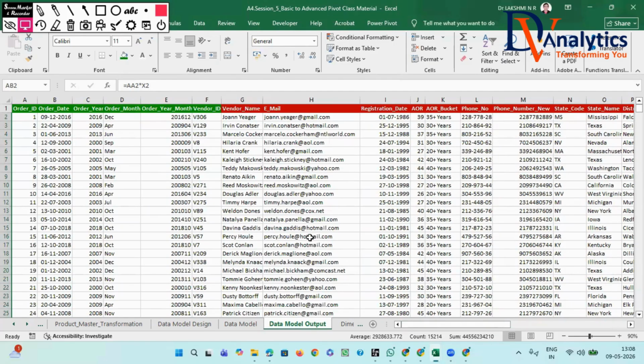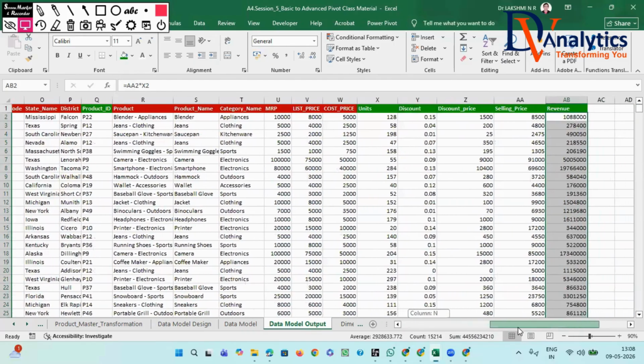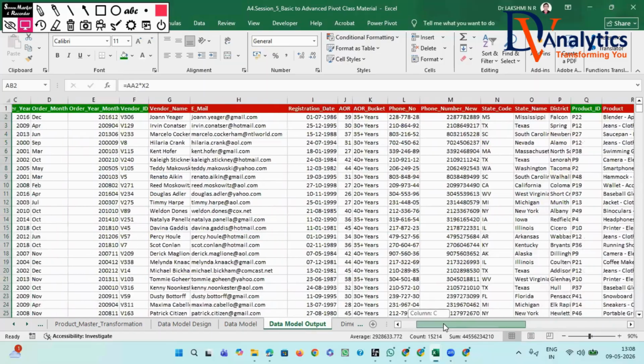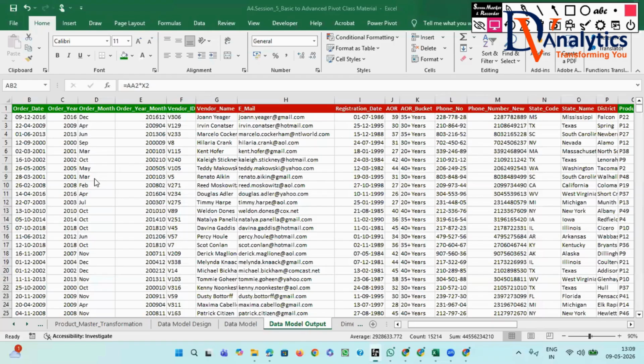Data? Tell business which is the best vendor, which is the best product. Not difficult, right? So 15,000 records are there, too many columns are there. How can I come to a conclusion? Don't worry, okay? Whenever you want to get a summary report in Excel, simply keep your cursor